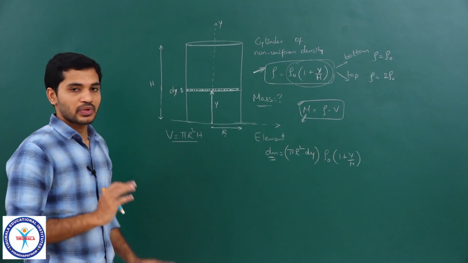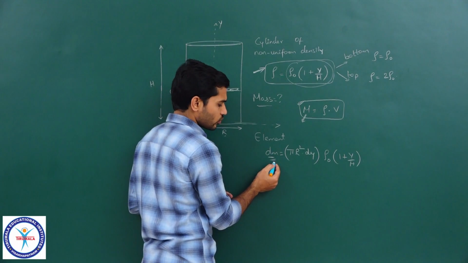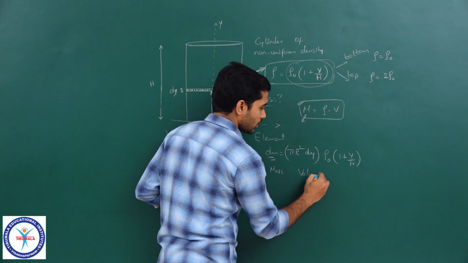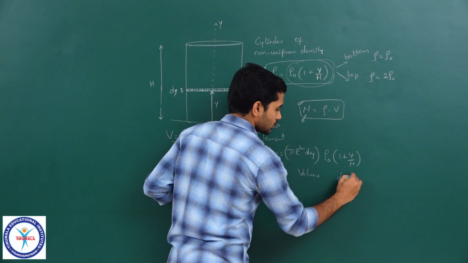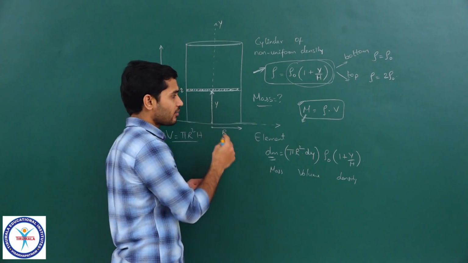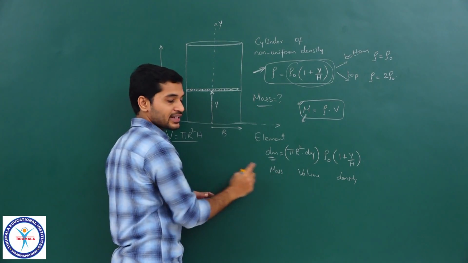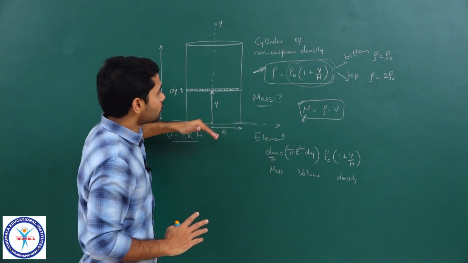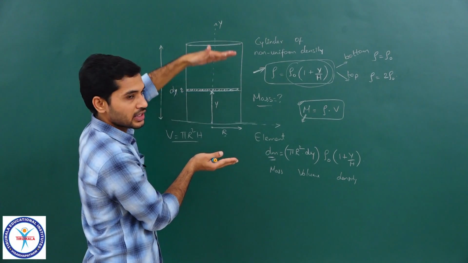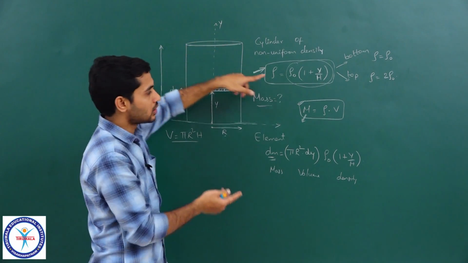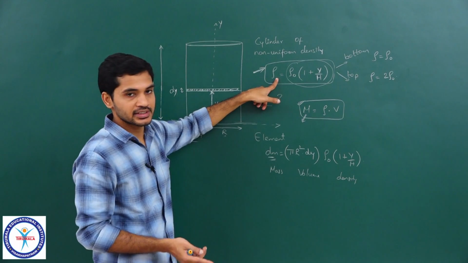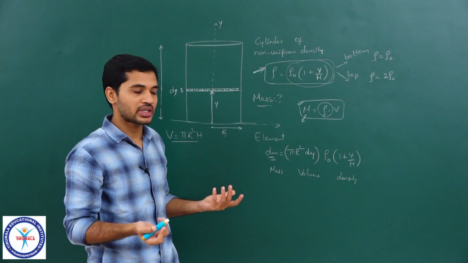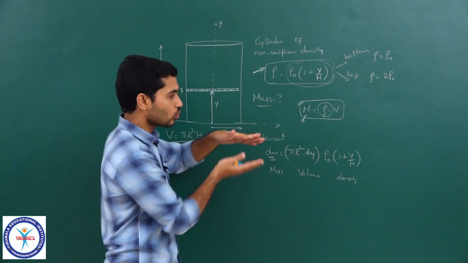You understood this? So observe carefully. Even here I wrote mass is equal to volume into density. So what is the difference? Why have I chosen a very small element and written this expression, and why didn't I write this for the whole cylinder? Because for the whole cylinder, because of its large value of y, different values of y will have different densities. So I can't apply it, I don't know what density should be taken, right? So this is not applicable for the whole cylinder.